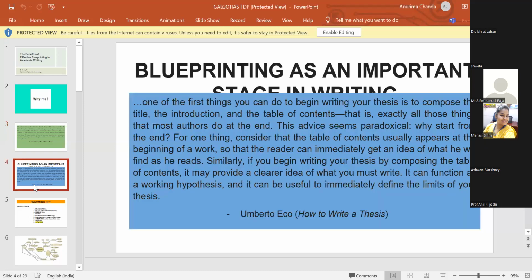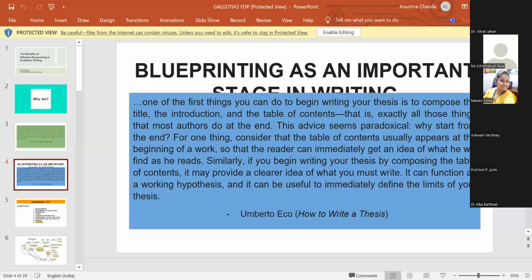I think this would be a nice place to enter into Umberto Eco's quote about blueprinting. What he suggests is that one of the first things that you can do to begin writing your thesis is to first write the title, the introduction, and the table of contents. That is exactly what most authors do at the end. The advice seems paradoxical,